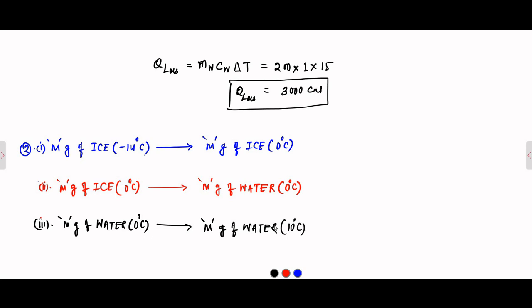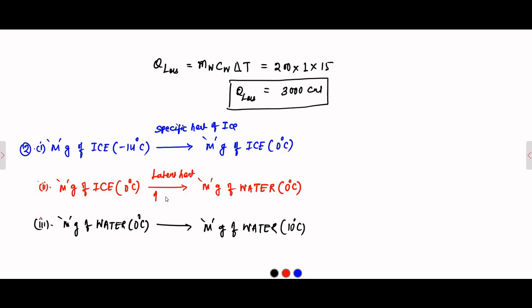This is the sequence of events, how it will take place. Now this transition from ice at minus 14 degrees Celsius to ice at 0 degrees Celsius will involve specific heat of ice. Then this transition from m grams of ice at 0 degrees Celsius to m grams of water at 0 degrees Celsius will involve latent heat